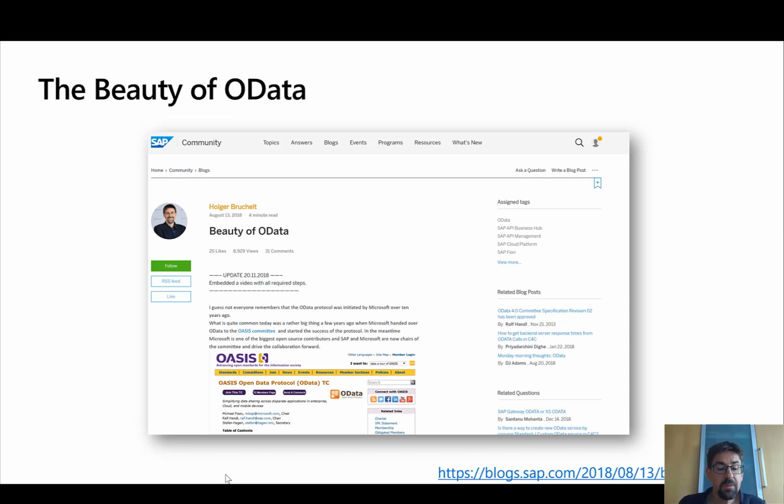Now, one of the immediate benefits, for example, is the out-of-the-box integration of Microsoft Excel with SAP. This has become even better with the SAP Fiori and SAP's huge investment and adoption of OData.